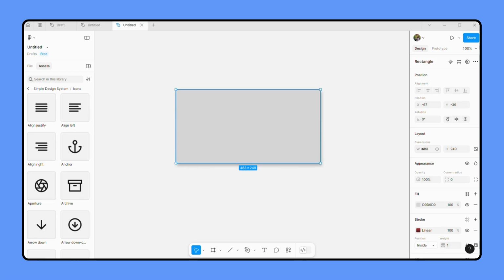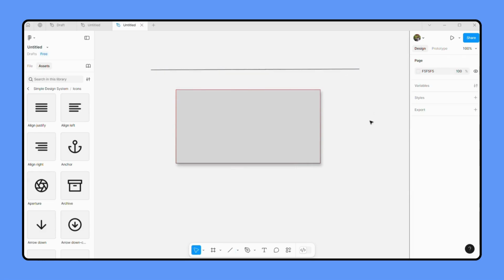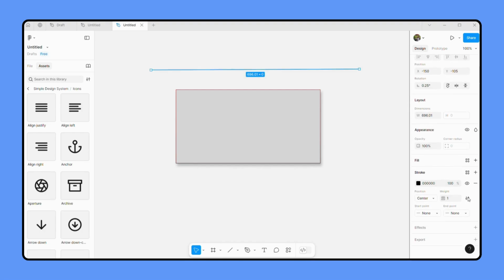Let's just go to the toolbar, and you can see either there's a line option over here, or you can simply press the Alt key and draw a line on your canvas just like this. Make sure it's straight. Right, I think it's a little bit okay, no worries, I'll just show you. Once you've drawn the line, make sure you select the line first, and all you have to do